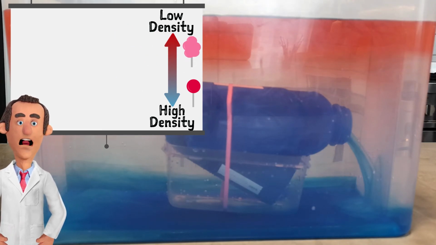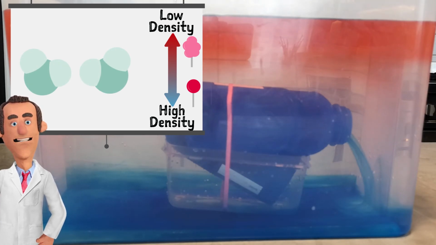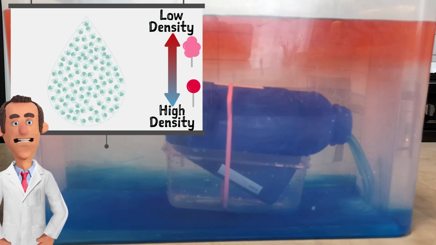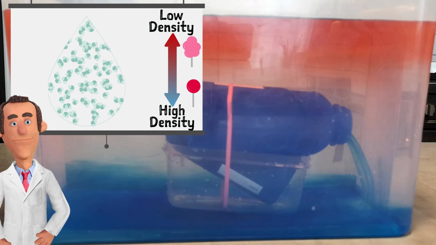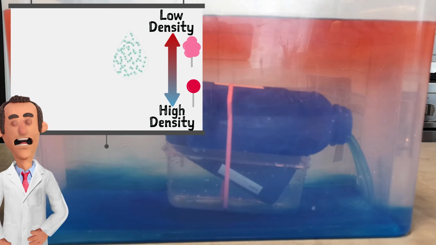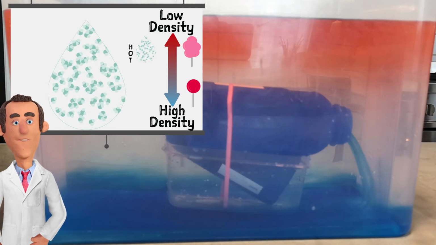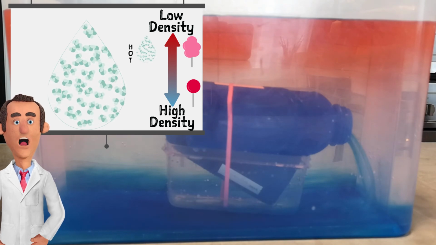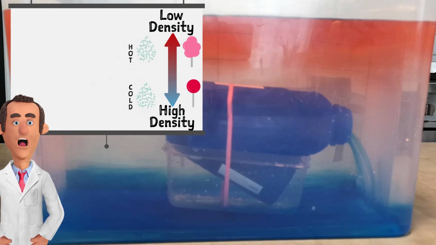Water can have different densities as well. Water is made up of something called water molecules. These water molecules are so small that just one drop of water is made up of billions of trillions of them. When water is hot, the water molecules bounce around and are more spaced apart, like the sugar in the fairy floss, so it's not very dense. When the water is cold, the water molecules don't move much at all, so they are squashed closer together like the sugar in the lollipop. So the cold water is more dense than the hot water.